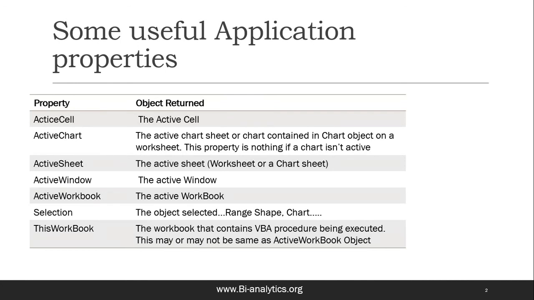See, I opened two workbooks. In the first workbook, I write a code, and then I went to the second book and opened it. Now, if I run this code, ThisWorkbook.Close, the workbook in which that VBA code has been written will be closed. Fine. So there's a difference between ActiveWorkbook and ThisWorkbook. ActiveWorkbook is the one which is active, and ThisWorkbook is the one with the code.